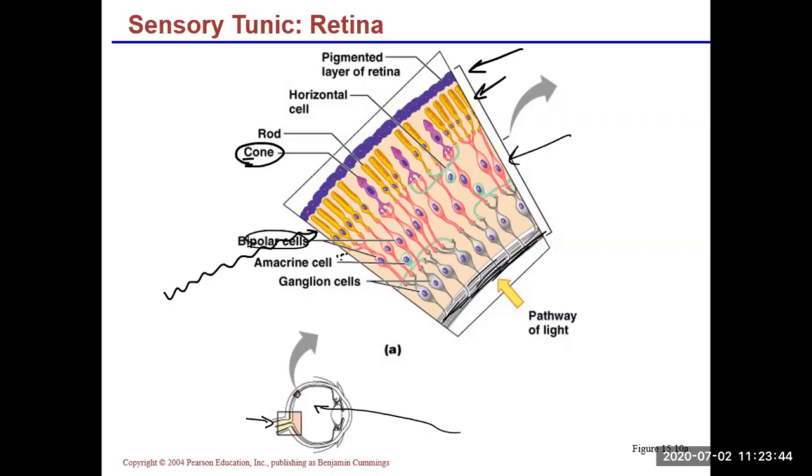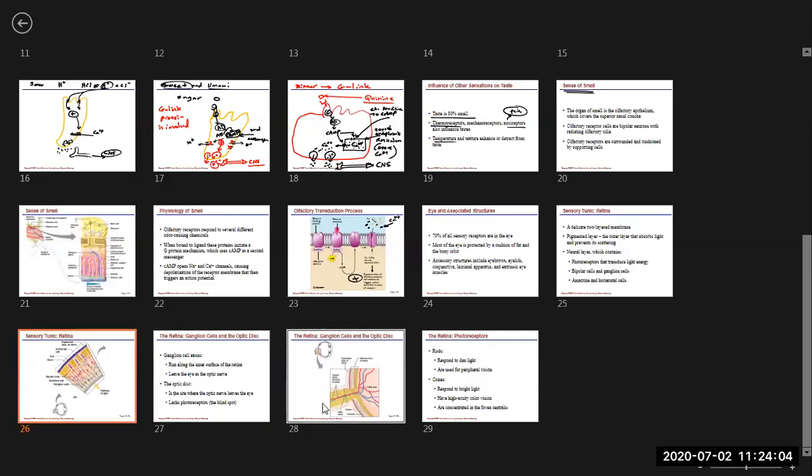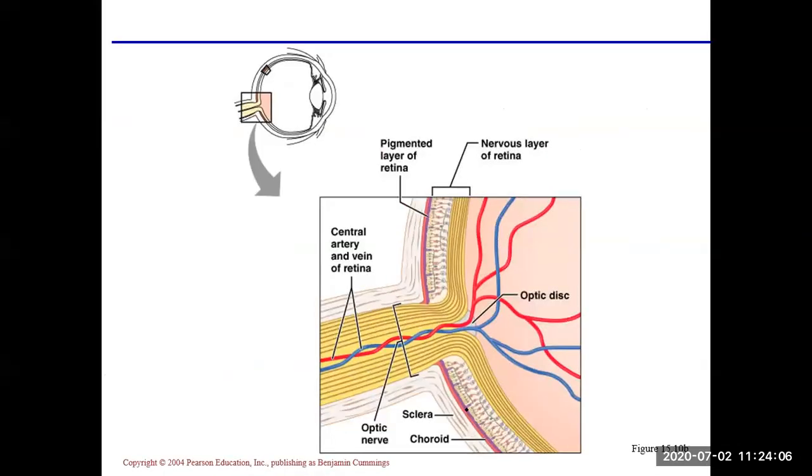And they exit through the eye, and again they go to the occipital lobe, where we have a visual association area, and you could determine whether you see color, whether you see movement, whether you see peripheral vision, things of that nature. All right, moving right along, if we go ahead and take a look at the photoreceptors, they're located